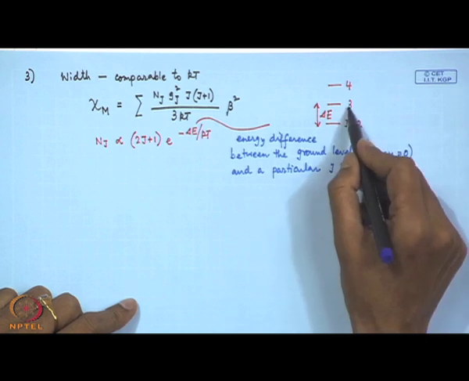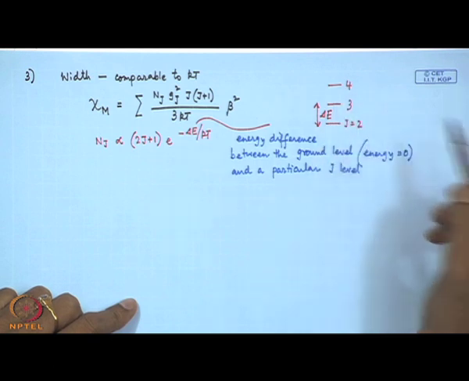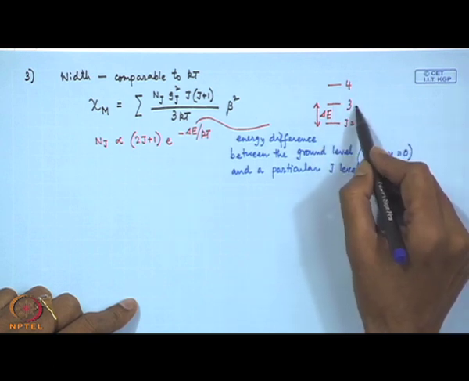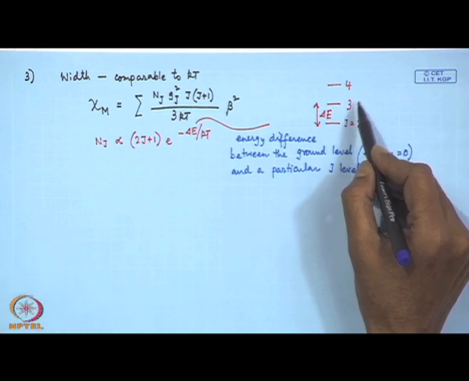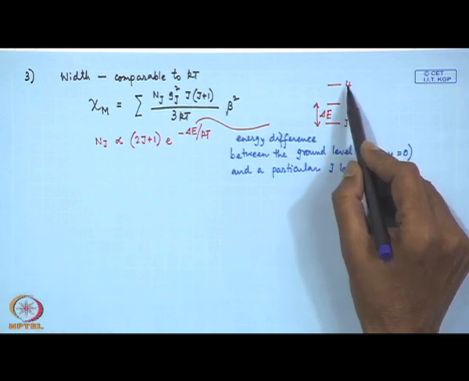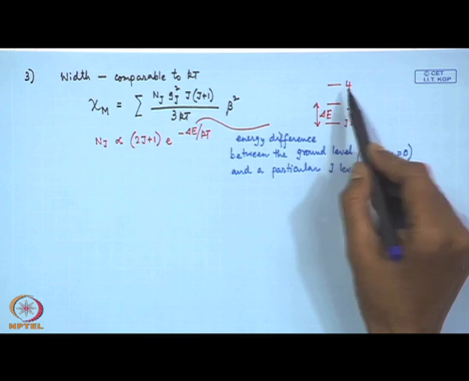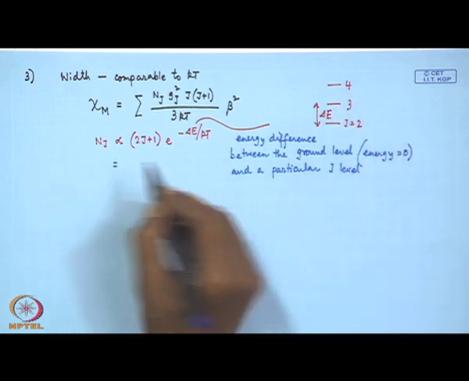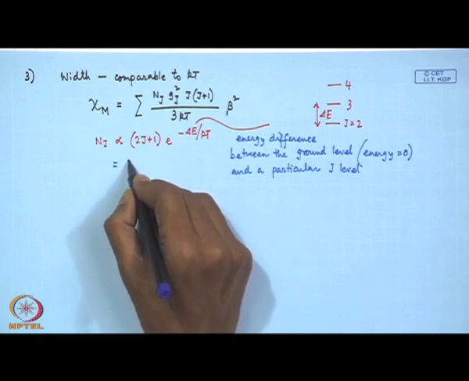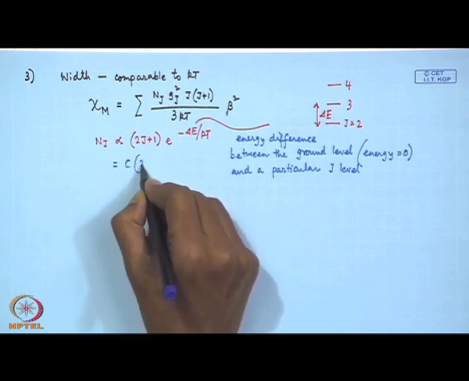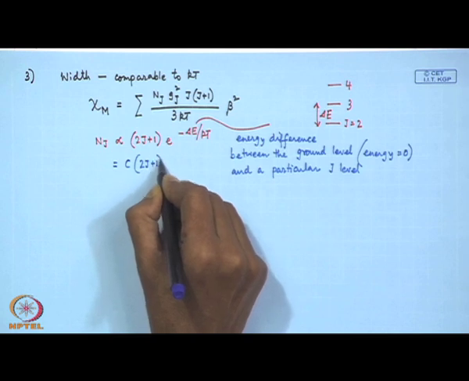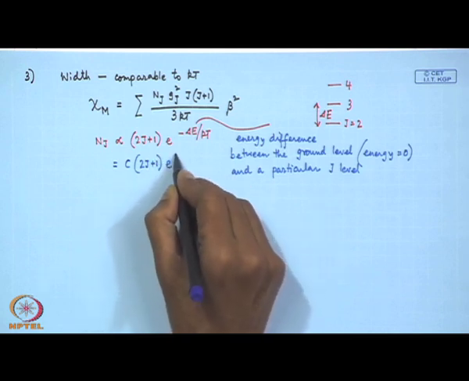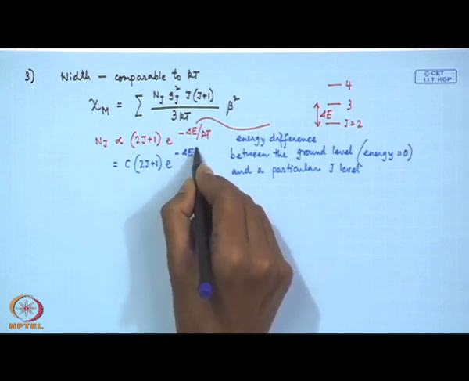That means J value equal to 3 or J value equal to 4, that means the first excited level. This is the first excited level and this is the second excited level. So, if we get this and if we bring the proportionality constant C, so it will be C into twice J plus 1 into exponential minus delta E by kT,